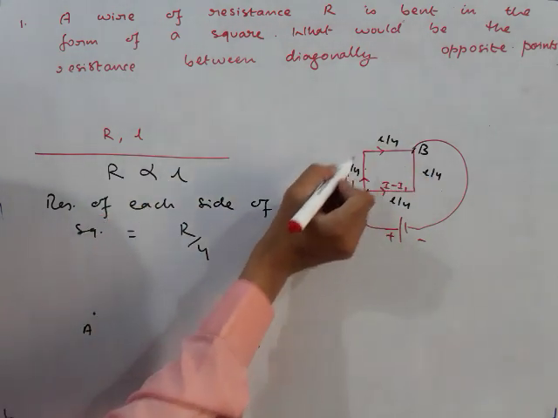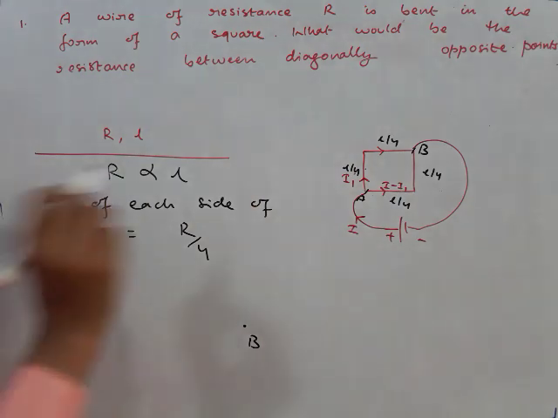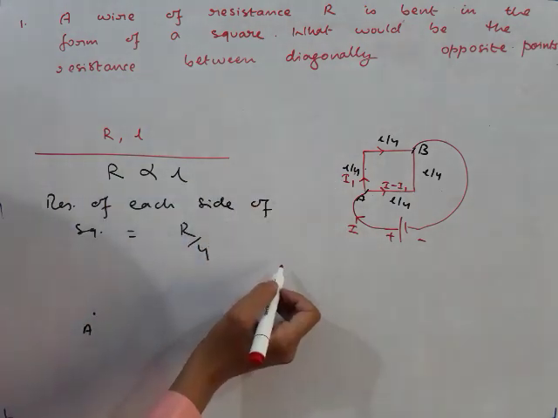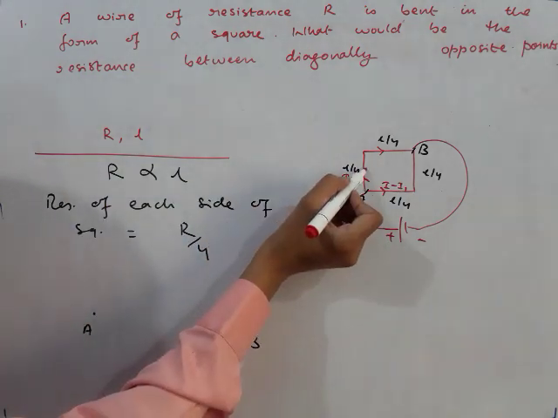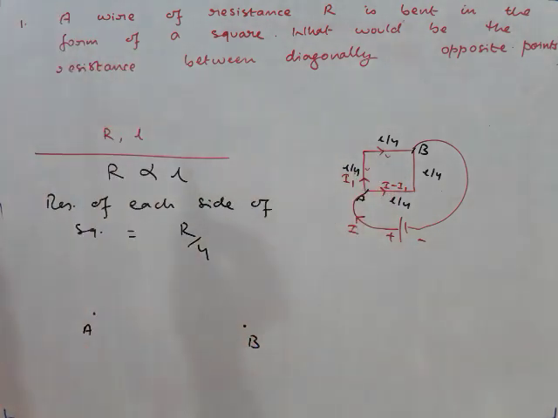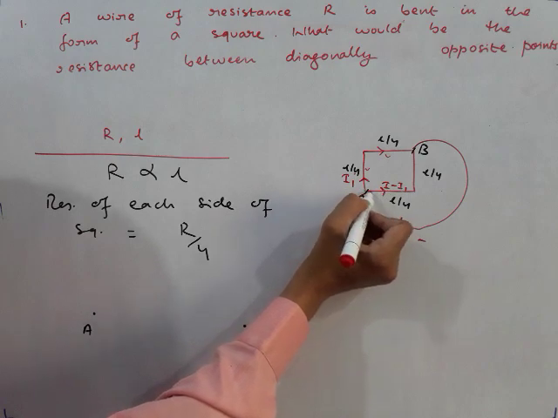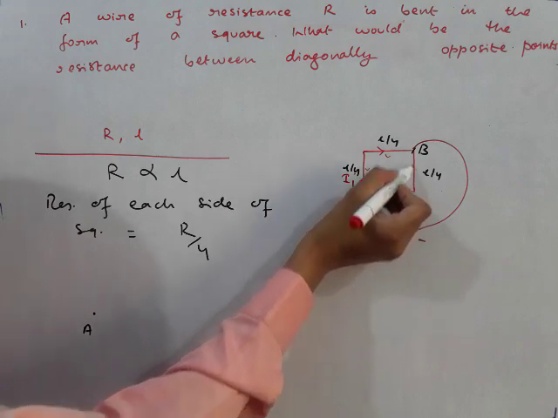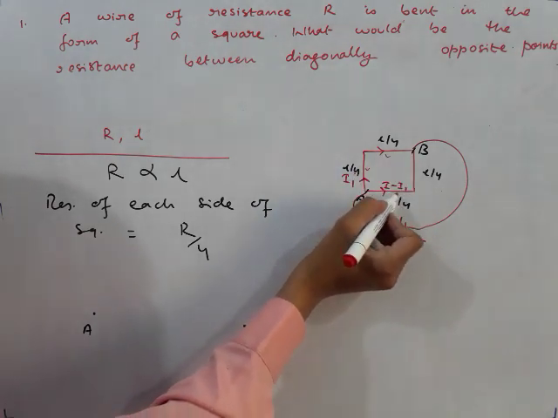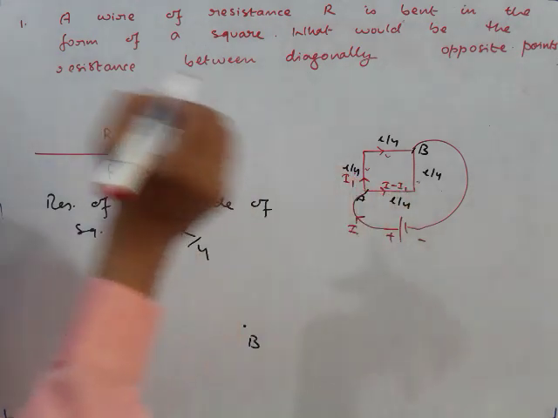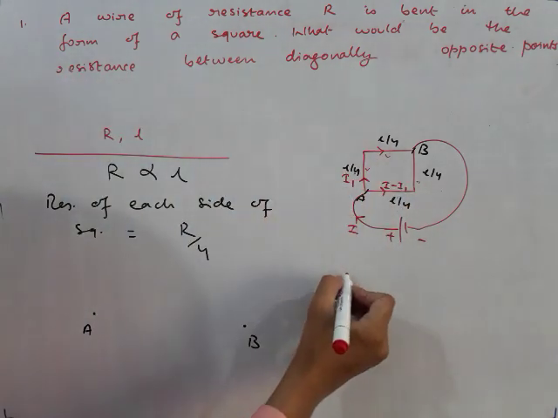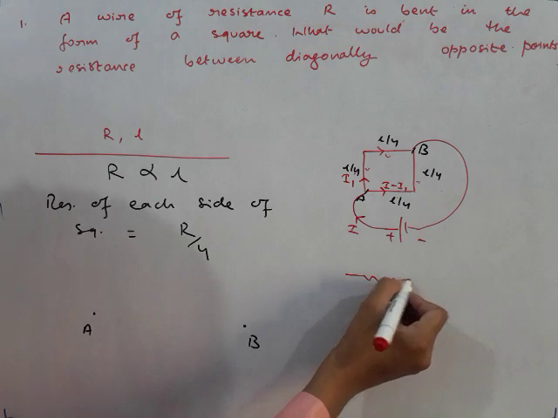So these 2 resistances are in series. Is it clear, students? Why? Because this and this provide a single path. Likewise, the current I minus I1 flows through this one and then through this resistor. The same current flows through these 2 resistances, so they are also in series. This figure, let me draw it in the form of symbols. It will be like this.